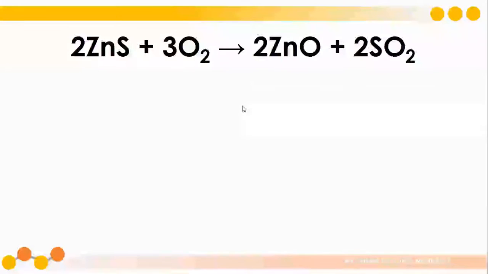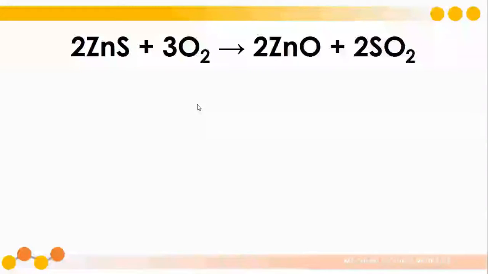Now, here is another example of a chemical equation. We have here zinc sulfide plus oxygen will produce zinc oxide and sulfur dioxide. Okay. Now, you might be asking, there are numbers included in this, but I did not read them. So what are these numbers that we are referring to? We'll be discussing that later. But first,